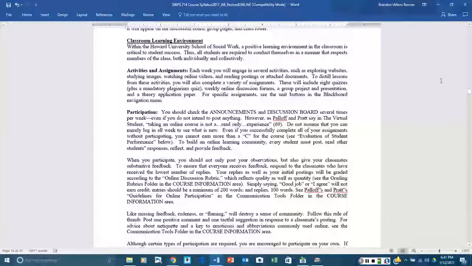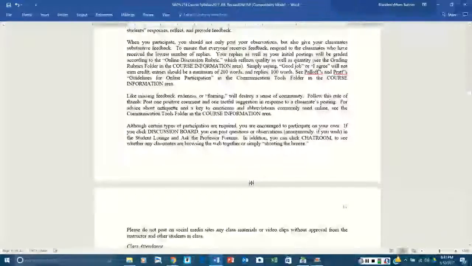As I mentioned, we're totally online. Everything will be done through the Blackboard system, including all of your discussion boards, posting all your assignments. So if you've not used it before, please give yourself some time to review it, figure out how it works. Go to the iLab if you need some one-on-one help, but knowing how to use Blackboard efficiently is really going to help. Oftentimes, when assignments are due, I get frantic emails from students: this didn't post right, I couldn't get the video